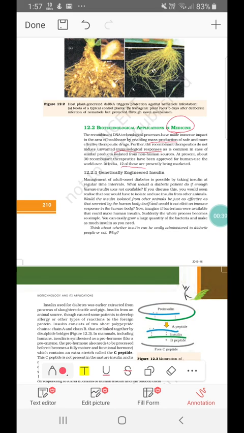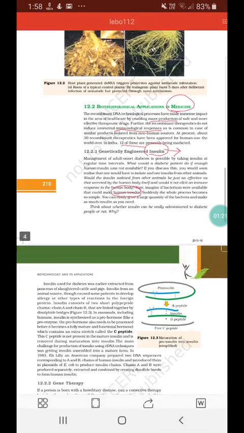Now coming to which biotherapeutics are commonly used. First is genetically engineered insulin. Insulin has also been produced from other animals. Now if we use a bacterium that produces human insulin, then obviously no immunological response will be generated. That is the whole process, so that the thing becomes simpler, and with genetically modified insulin no immunological response is generated in the body. That is why the human insulin gene was identified and then later cloned in the